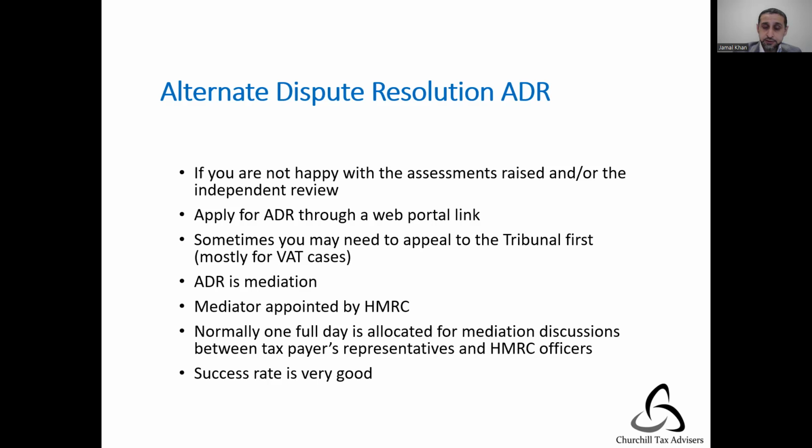Okay. Essentially, ADR is mediation. So there will be a facilitator or a mediator on the day of ADR. There will be a meeting for the whole day that you will prepare. You will need to obviously prepare for the ADR, and they will appoint a whole day. These days, the ADR meetings are held online through Teams. Okay, so